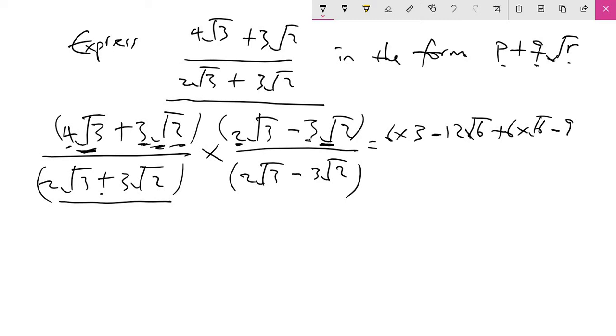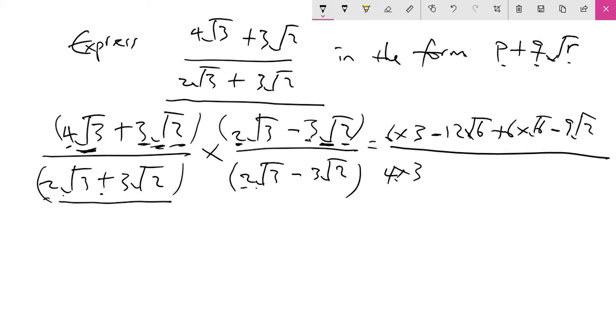And root 2 times root 2 gives 2. So that is the top, and that divided by the bottom. Alright? So again, this times that gives 2 times 2, 4. Root 3 times root 3 gives, sorry, it gives 3